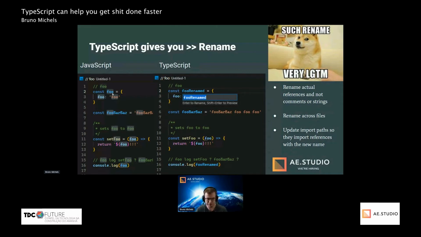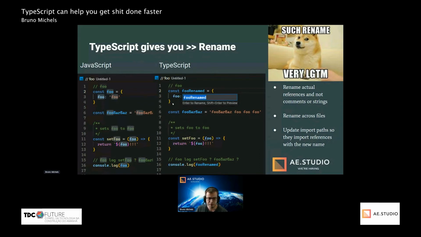If I try to rename this variable, I'm going to have to find all the actual references to it, because I have foo as a property name, foo inside a string, foo as part of another variable's name, foo in the comments, foo as part of another function's name, and there are too many references to foo. But what is actually the real reference to that one variable I want to rename?